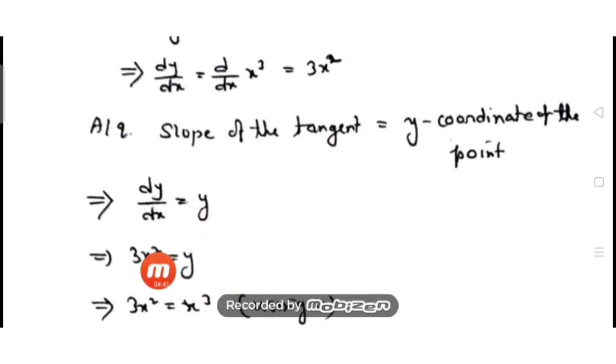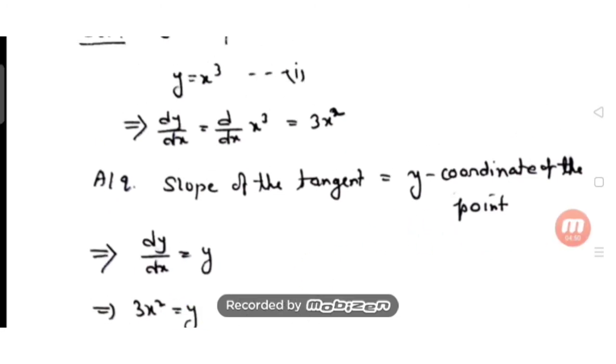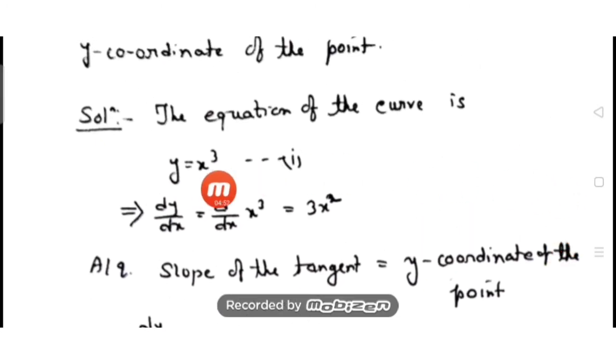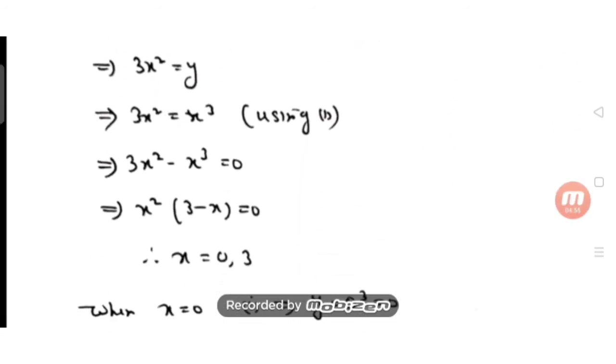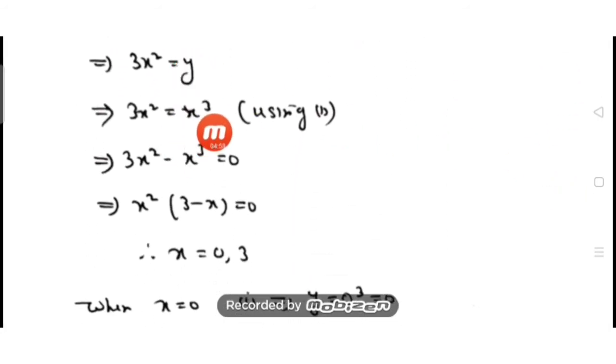And you see, one equation containing x and y, we cannot solve it. Right? So we are trying to remove this y in terms of x. Always take the help of the given curve. So in the given curve, it is given y equal to x cube, call it 1. So using 1, I'll just change this y to x cube. Now it becomes an equation containing only x. So let us solve it.